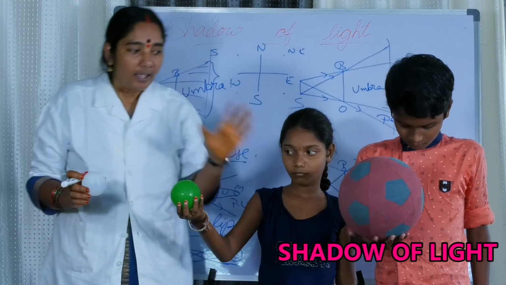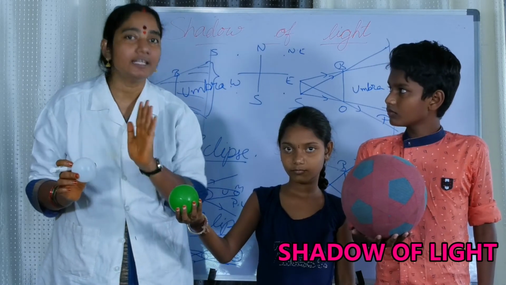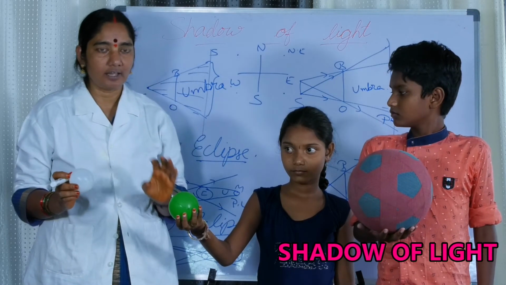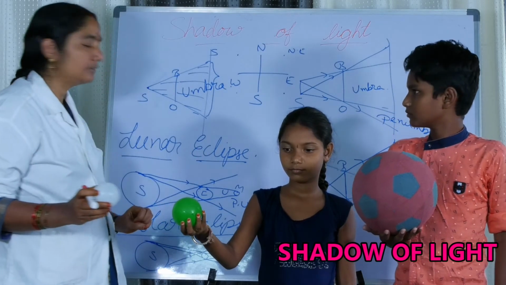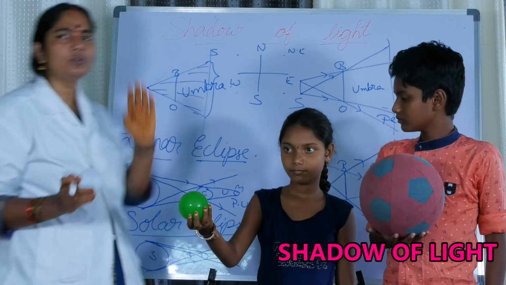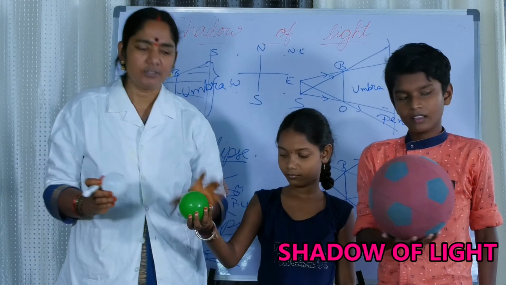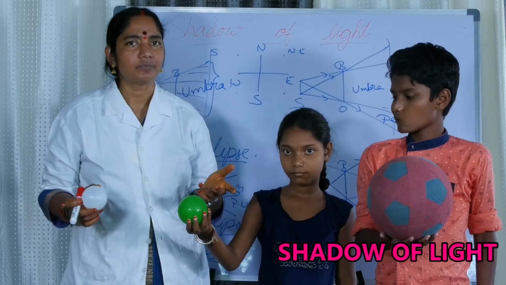And every full moon day need not be an eclipse day, but please try to understand, the lunar eclipse occurs. What is the meaning of the lunar eclipse? Lunar eclipse is nothing but the shadow of the earth falling on the moon. If the shadow of the earth falls on the moon, that is the lunar eclipse.